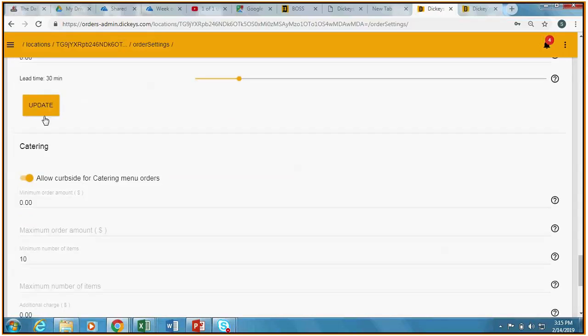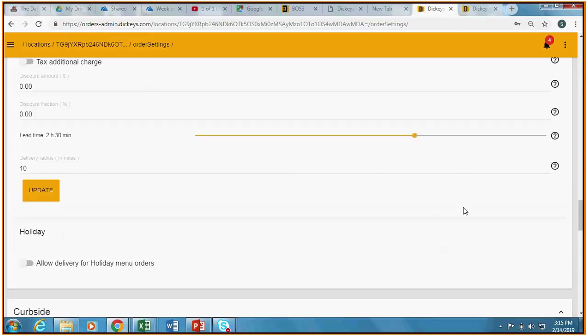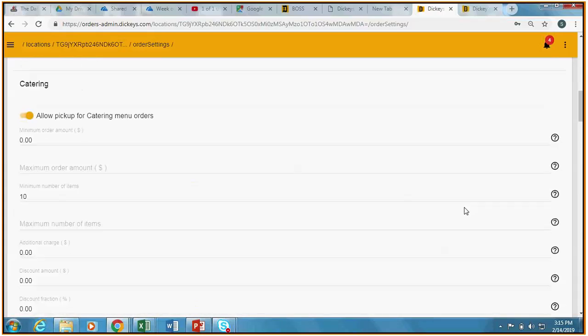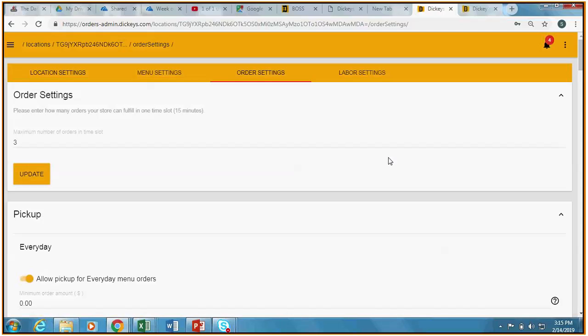And make sure that when they change their settings, they click update to make sure that it is saved. Always remember to click update. Yes. So it's pretty simple. We just want to make sure that the owners understand this and they know how to set this up for